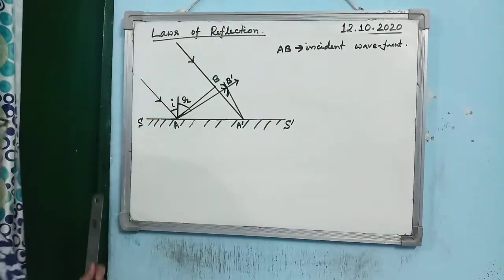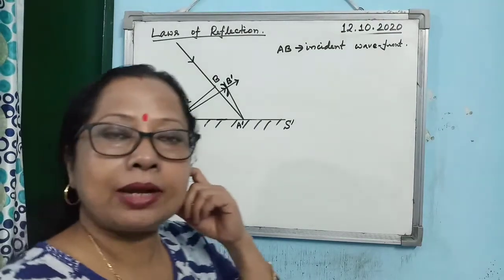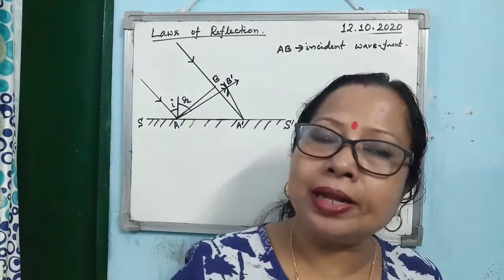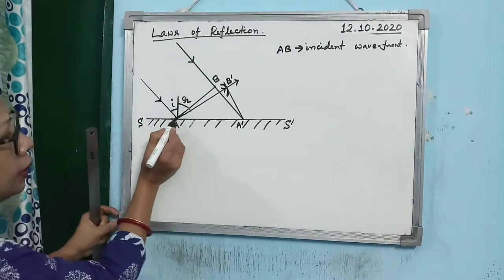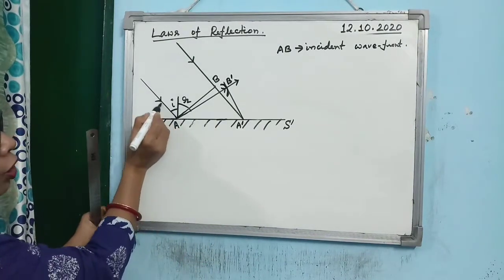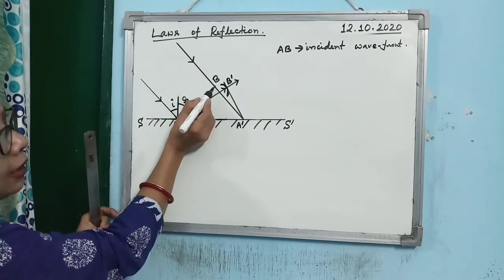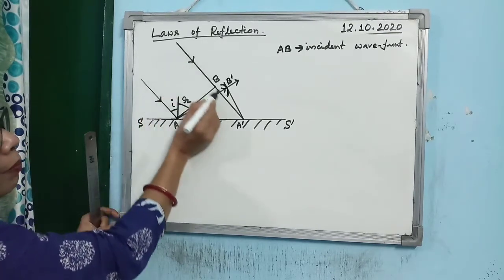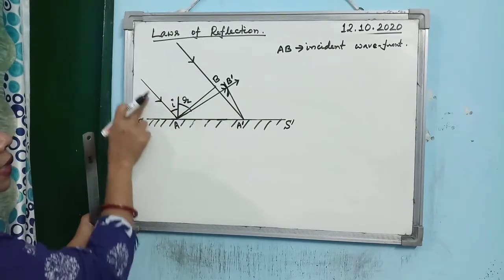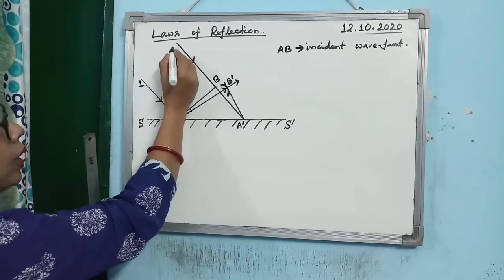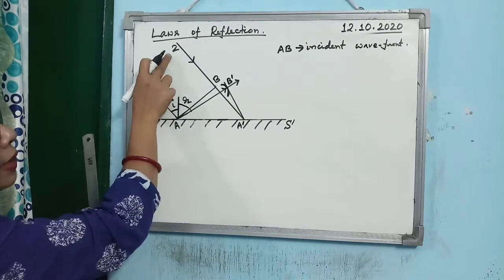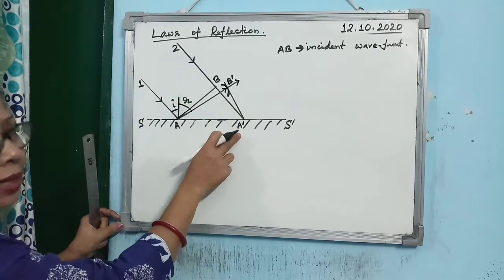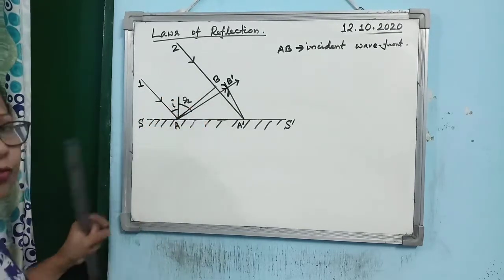Now, we have the concept that a light ray is perpendicular to the wave front. So see what I have done. At the point A I have drawn one perpendicular, and at the point B you draw a perpendicular. I am naming them 1 and 2. This is the first extreme ray and this is the second extreme ray, coming out from the wave front.